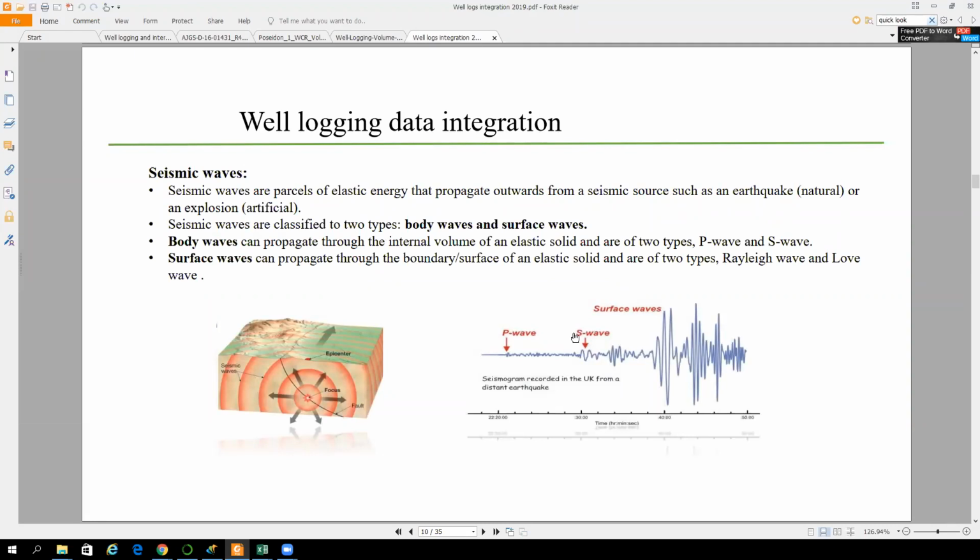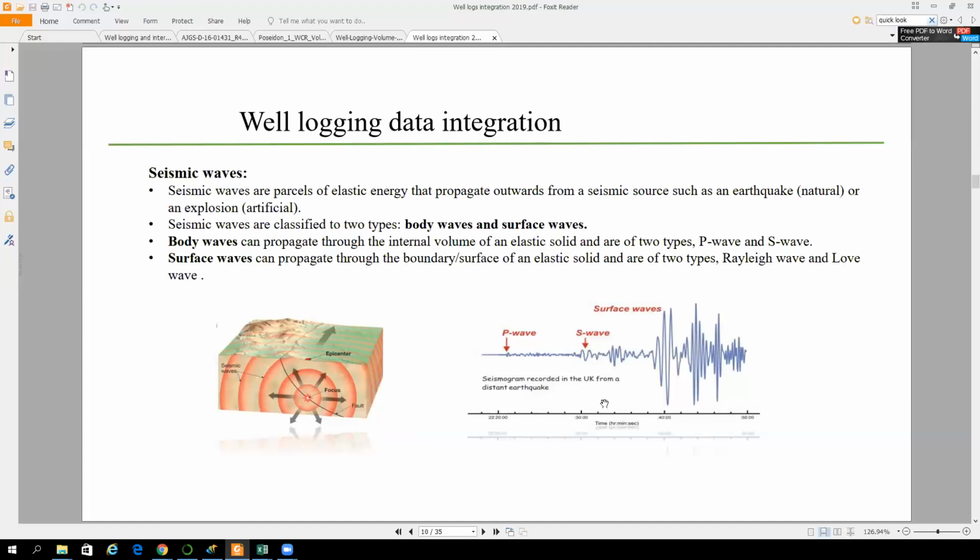Now, the seismic waves. Seismic waves, you might have already seen them in general geophysics. And for those of you who have already taken Geophysics 1 or seismic methods, you are already familiar with seismic methods. So seismic waves are a very important component of the seismic method. The seismic waves are kind of parcels of elastic energy that will propagate